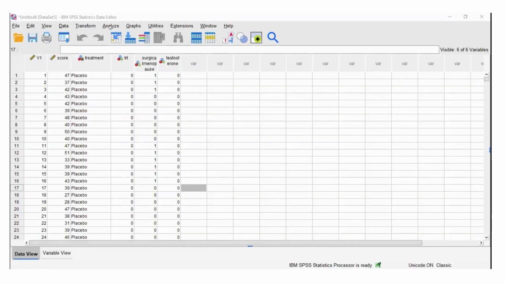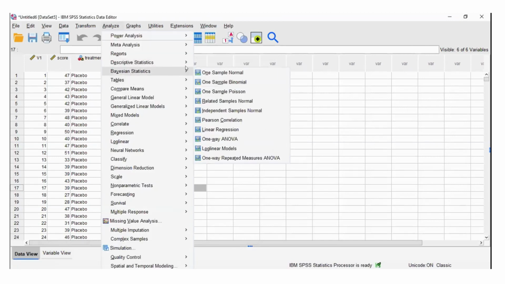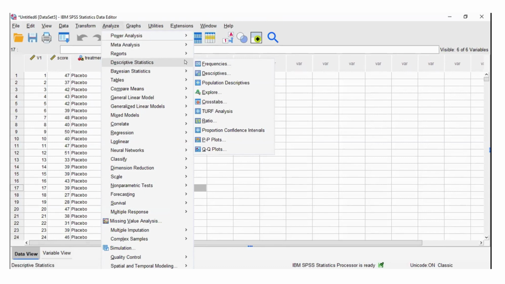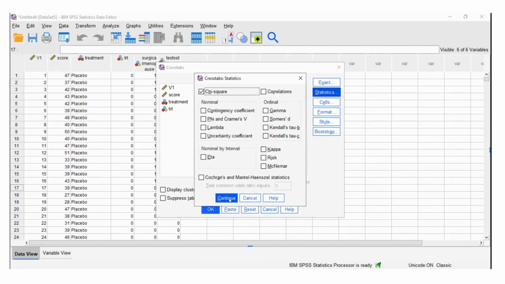Analyze, descriptive, crosstabs. Yeah, everything, just click OK.